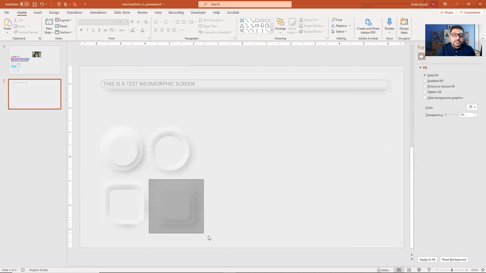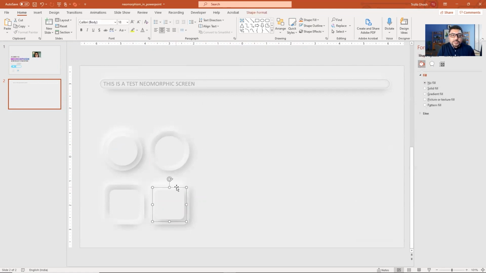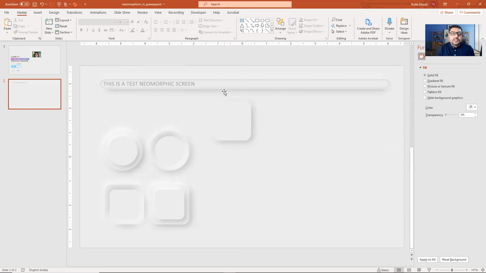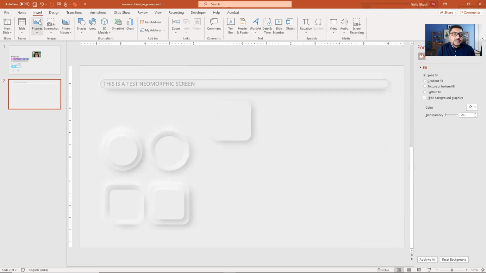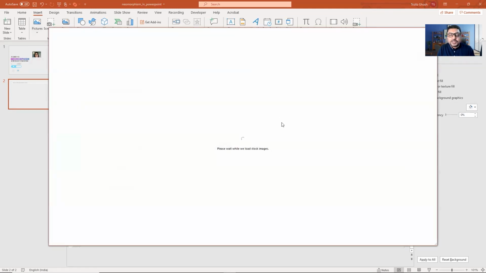Let me show you something which might look a little bit difficult. So let me first copy one of the boxes. Lovely. We'll use this box for something else. Now let me first insert an image from our stock images.